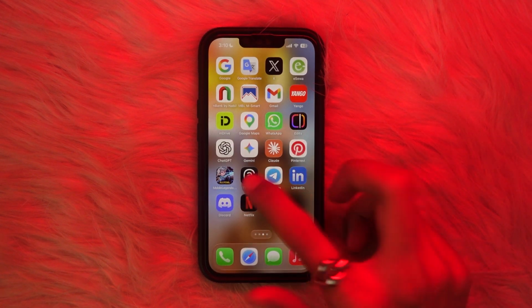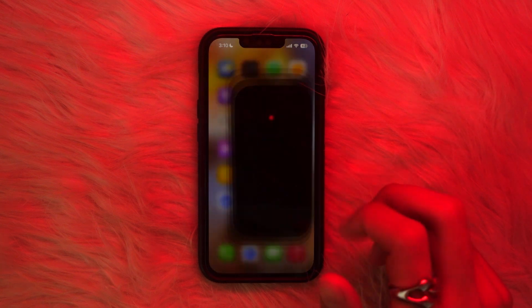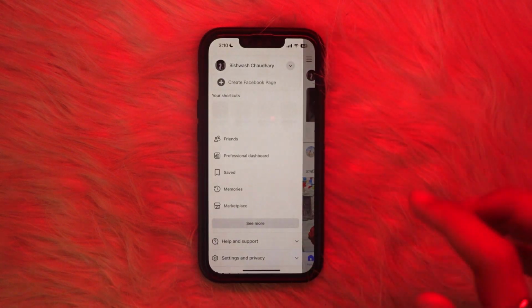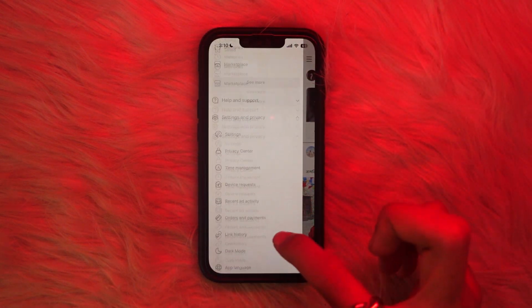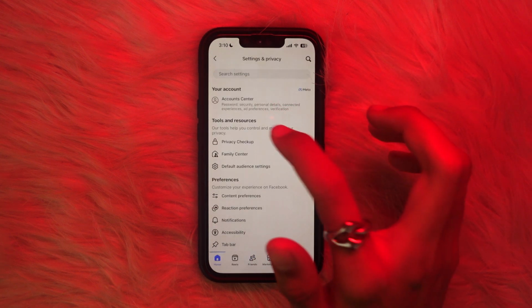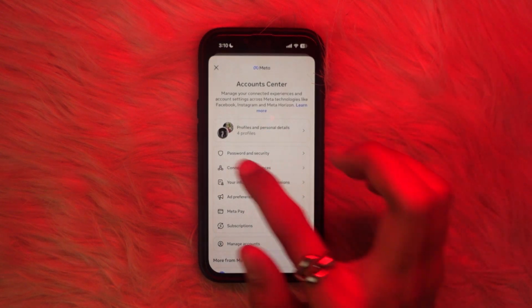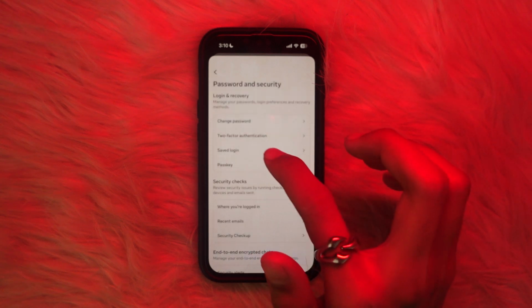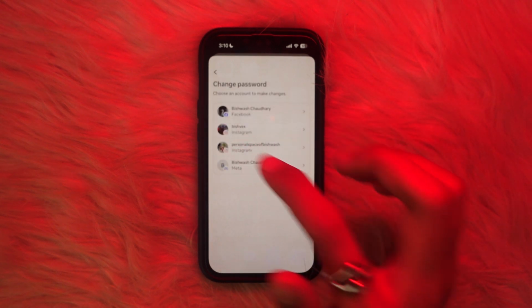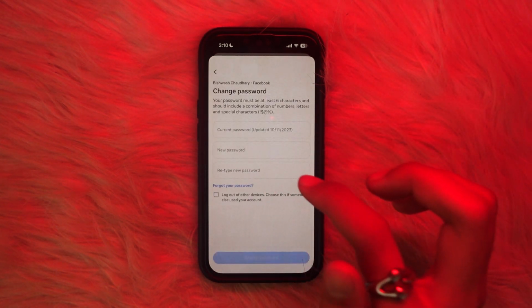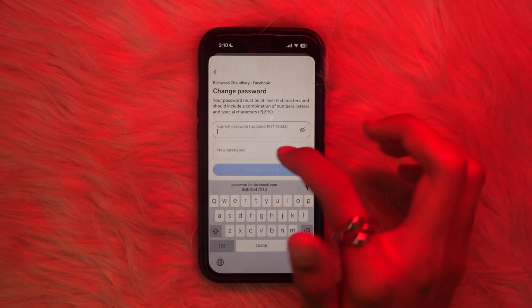open your Facebook app and then head straight to this three bar, that's our main menu, and then tap on settings and privacy, and then go on settings, and then you have to tap on account center. Now you'll see the password and security button. On the first option, tap on change password and select your Facebook account, and now you have to enter your